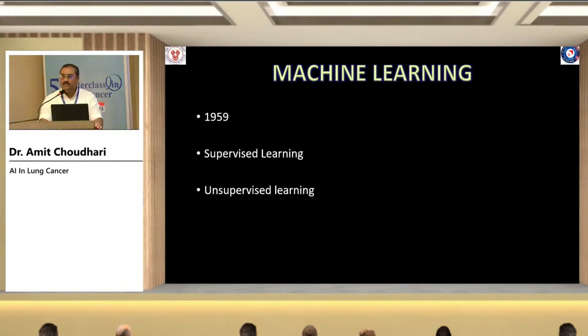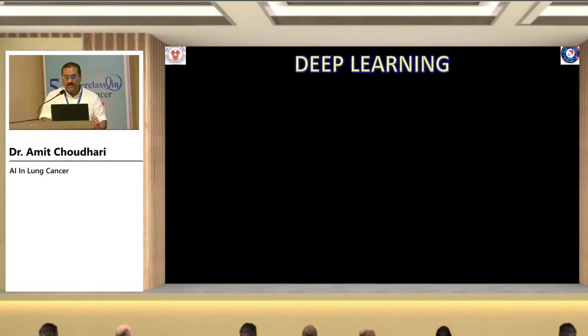Next is unsupervised learning. So here the endpoint is not really known, but what this technique utilizes is cluster-based techniques, wherein the machine looks at certain similarities or similar parameters which can be encountered in the images in our use case scenario, and eventually it comes to a conclusion as to what the output can be based on the machine learning technique. The next subset and most newly discovered technique in artificial intelligence is deep learning, which involves